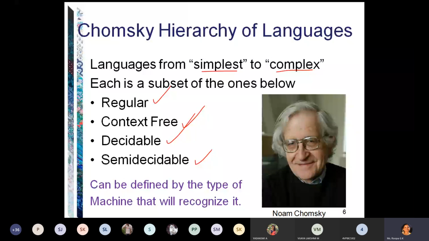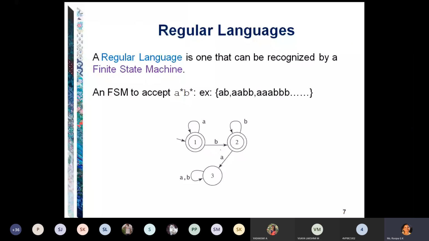Now, what are regular languages and what is an FSM? Just the basics, I will explain to you. You are going to solve problems on this in the next chapter. A regular language, as I told you, is one that can be recognized by a finite state machine. Then you may ask me, what is a finite state machine? As the name indicates, the number of states is finite, in the sense that we know how many states there are. Here is an example machine; the diagram may look like this.